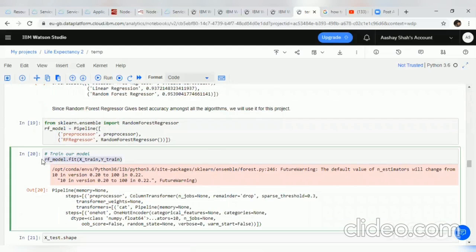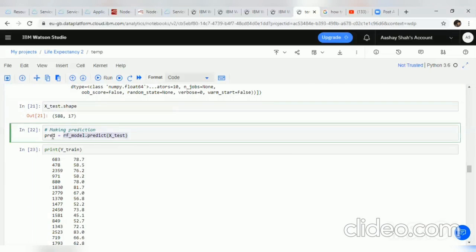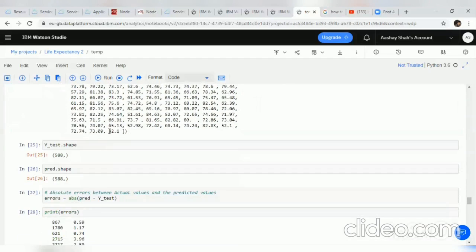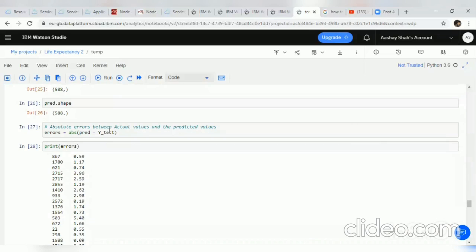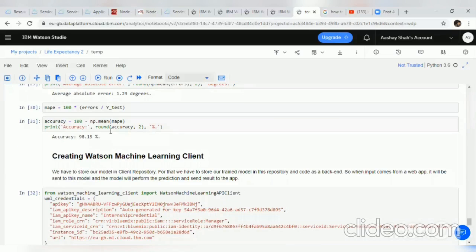Then you can simply fit your model here, and then you can predict with this model. After predicting, now these are the steps for the deployment of our machine learning model.